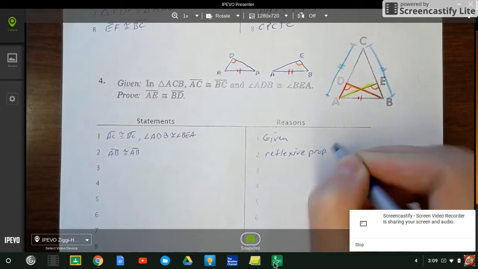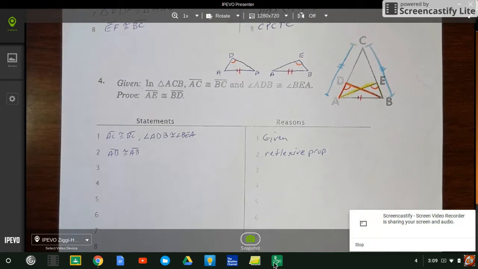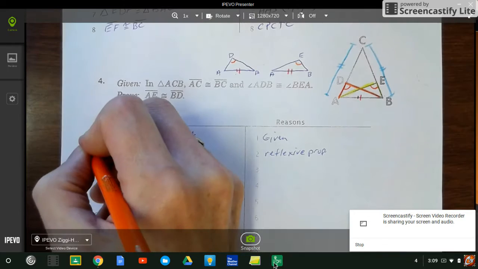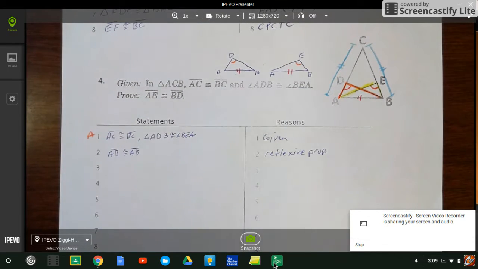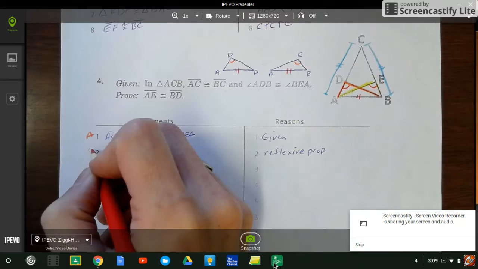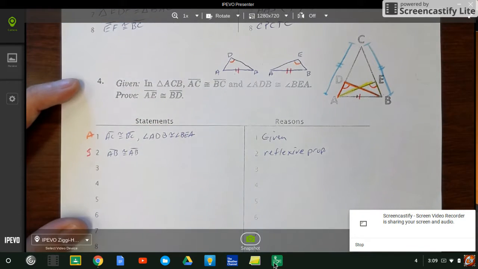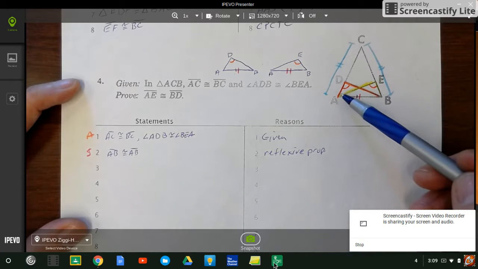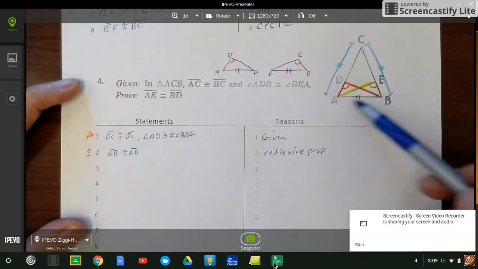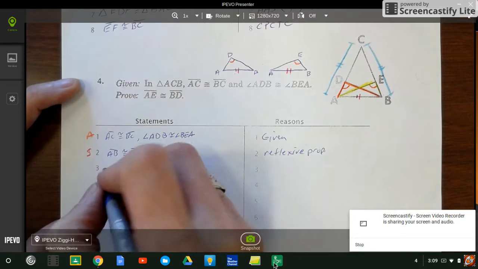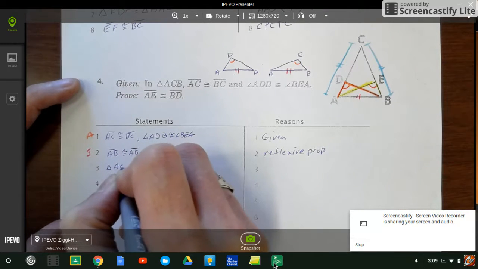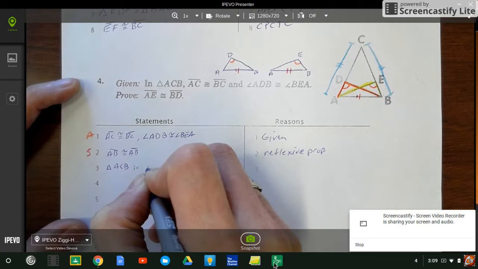property. So now I've got these angles here give me a set of angles. The reflexive property gave me a set of sides. I just need one more piece now. Well, here's the thing. If you saw the video already for tonight's homework, we talked about isosceles triangles. I can see that triangle ACB is isosceles